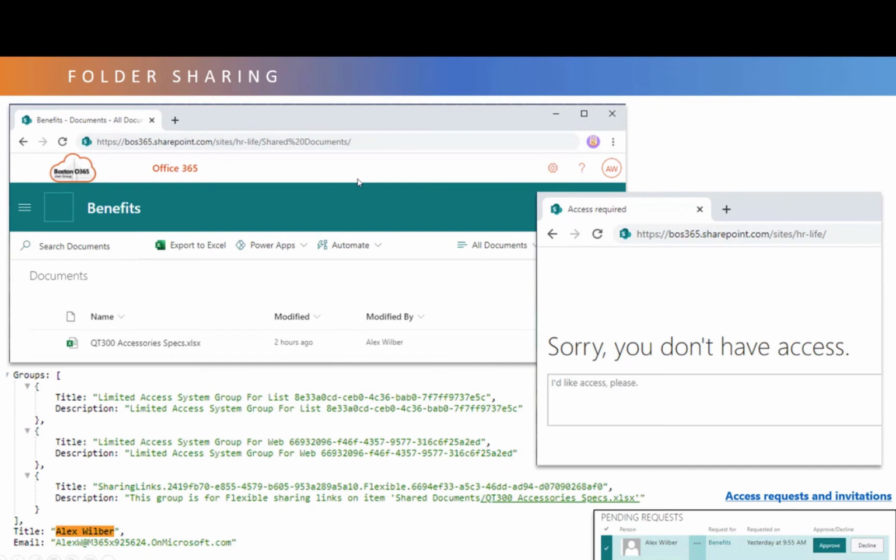I even have one site where they decided to do a migration, where they migrated their file shares up to a SharePoint site. And they named the SharePoint site the same name the file server used to be. Then they made a document library for the different groups. In that way, the group just had to know to go to the site that was the name of their old file share, and they knew the folder name, and they could see their files. But you need to know the URL to get at the files if you're doing folder sharing.